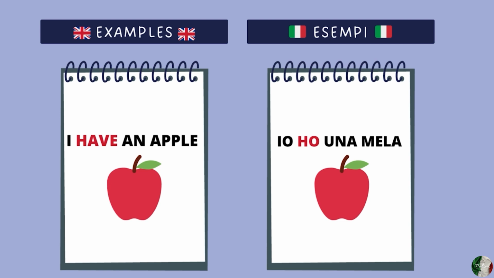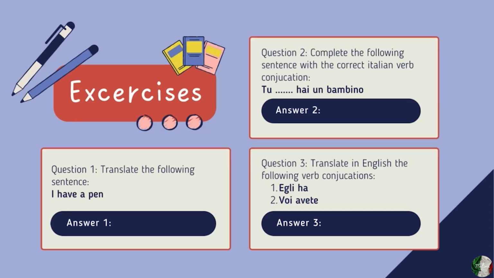Another example can be I have an apple. Io ho una mela. So we conclude this lecture with the exercises, and in particular, as I already did in